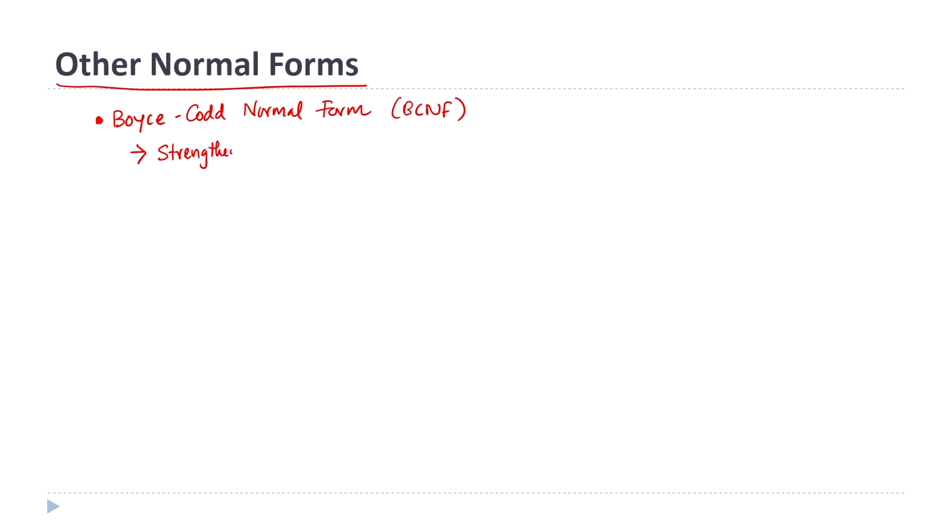So, then comes the other normal forms. We have gone through first, second and third normal forms. Now, there are three more normal forms. The first one we are going to talk about is Boyce-Codd normal form. It is also known as BCNF. Usually, we will talk about the order of application. So, what does this aim to do? The main aim is it strengthens third normal form. Some people consider it a subset of 3NF, but it strengthens the